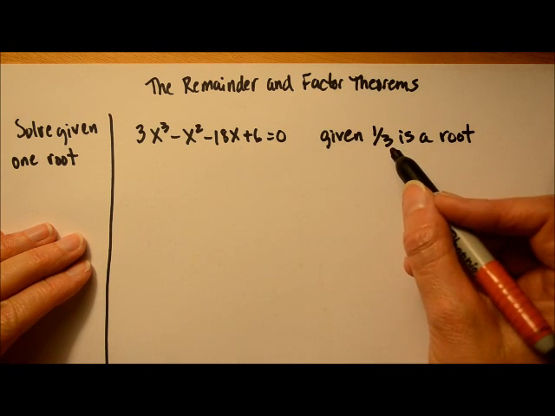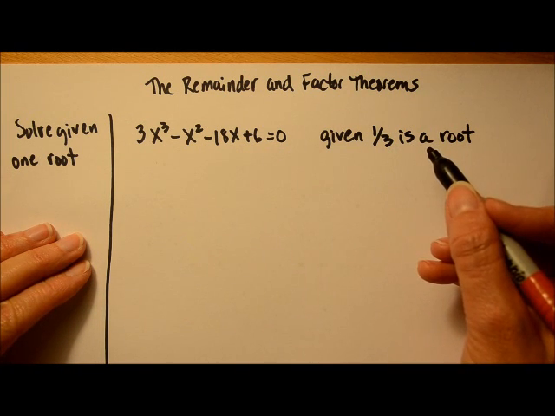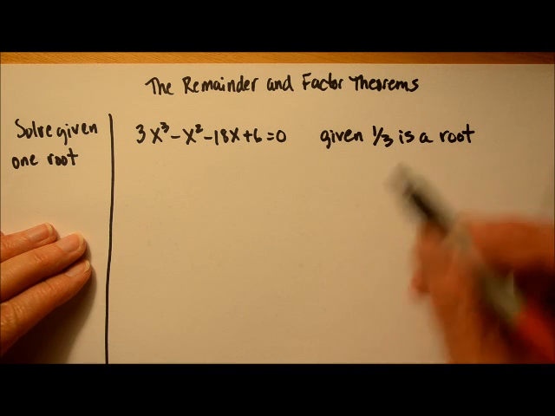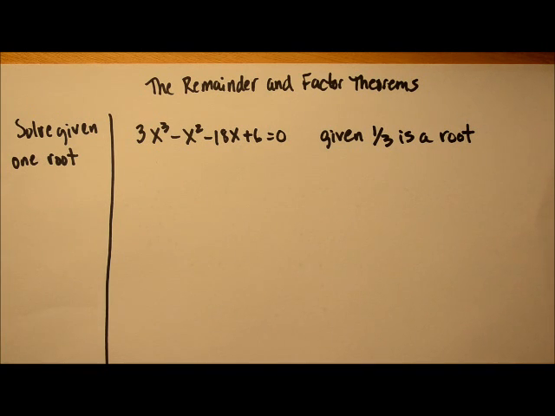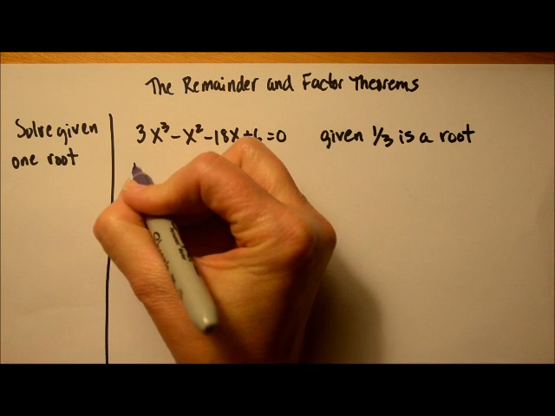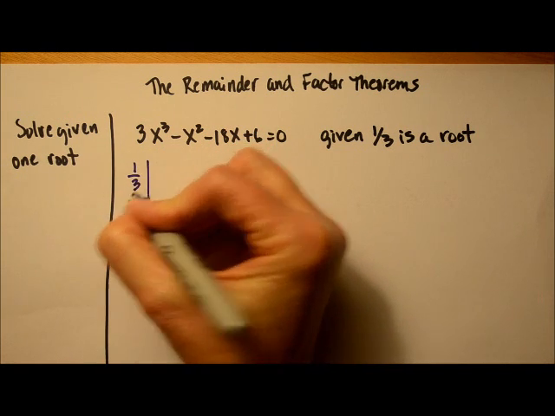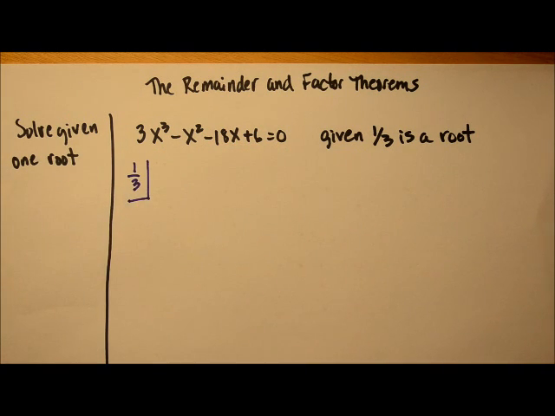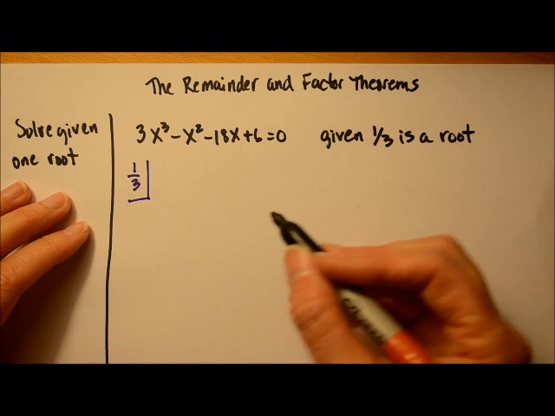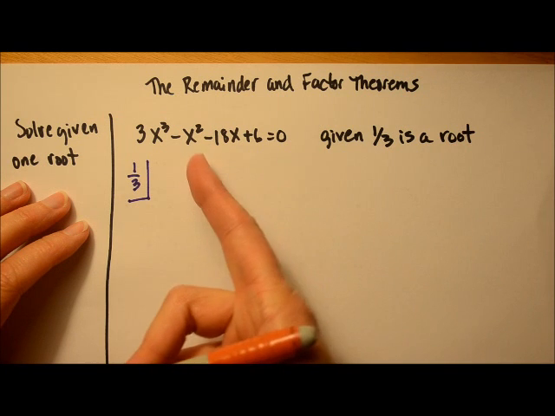So you're given a root. Well, if you're given a root, then that's really your c, that you could put in that corner. So I do have 1/3. Now don't be afraid of fractions, they'll all work out in the corner there. And what I'm going to do is use synthetic division to get me into an